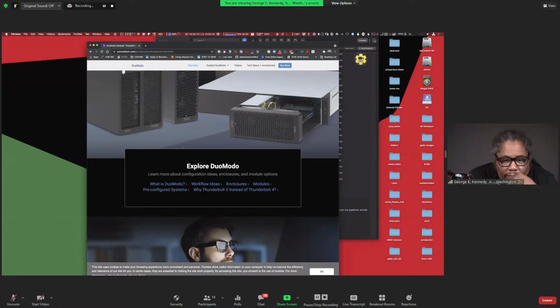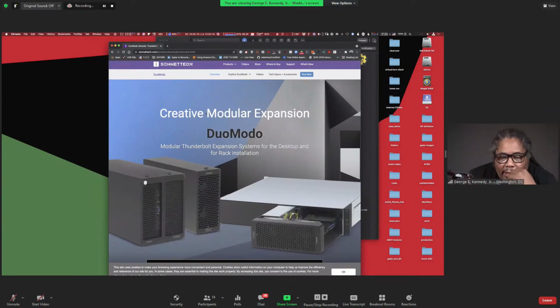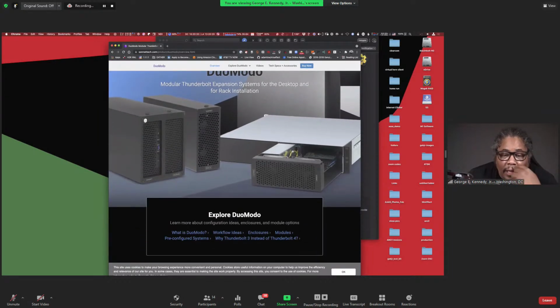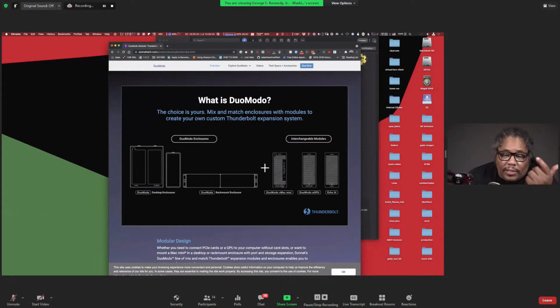I love Sonnet because of this kind of stuff. Oh, you can see that? Yeah, I can see it. This is what Andy was talking about. If you're a freelancer like I am and work in the field a lot, I'm a big fan of them. I've been using this stuff for years, but these are some of the configurations Andy was talking about. These are the new Duomodo boxes, but you can absolutely build especially for Zoom ISO.